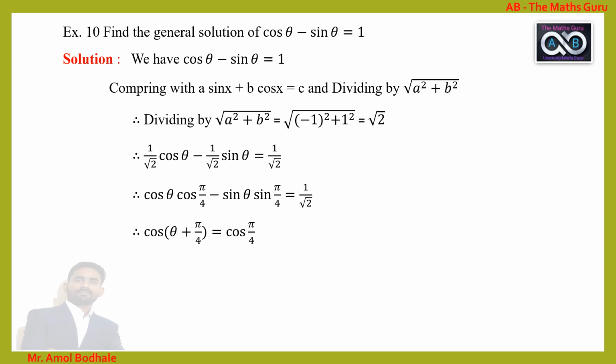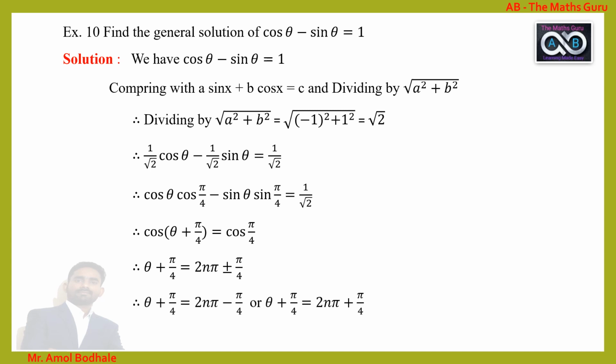So this is exactly the formula of cos of theta plus pi by 4. If we use the formula cos of a plus b, that is cos a cos b minus sin a sin b, we get this. Here the LHS is in terms of cos, so the RHS we can also write in terms of cos. So this 1 by root 2 can be written as cos of pi by 4. So again we get a standard form, cos theta equal to cos alpha. Then theta is 2n pi plus or minus alpha. Here theta is theta plus pi by 4 and alpha is pi by 4. So we get theta plus pi by 4 equal to 2n pi plus or minus pi by 4.